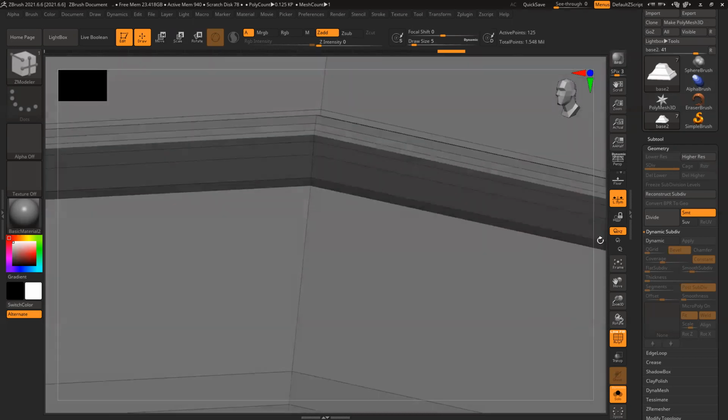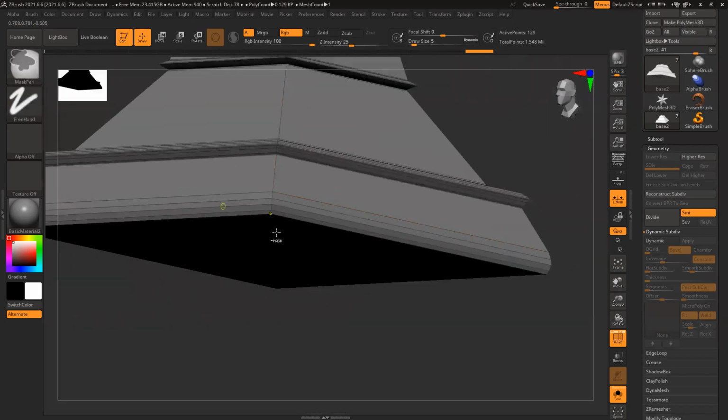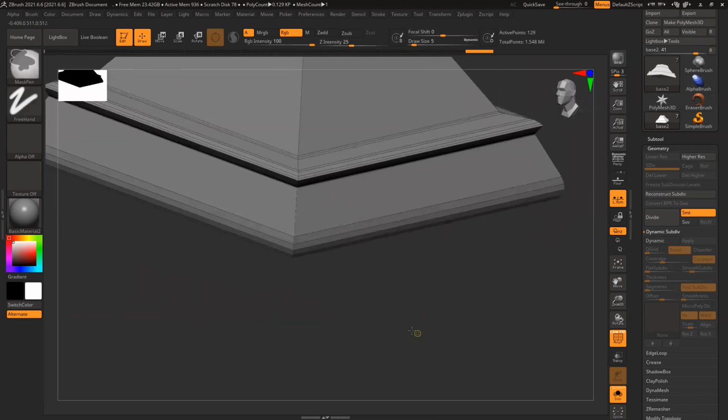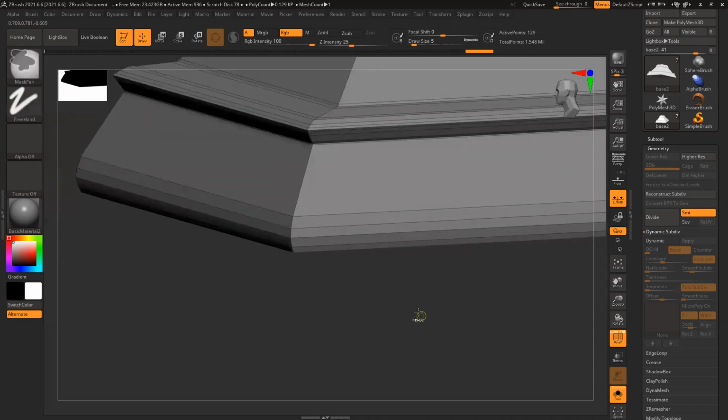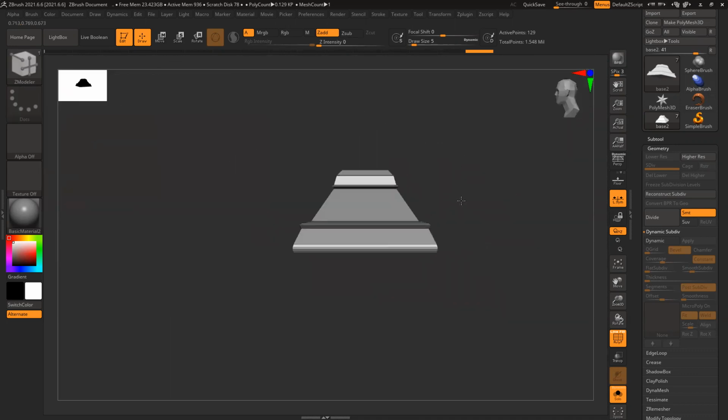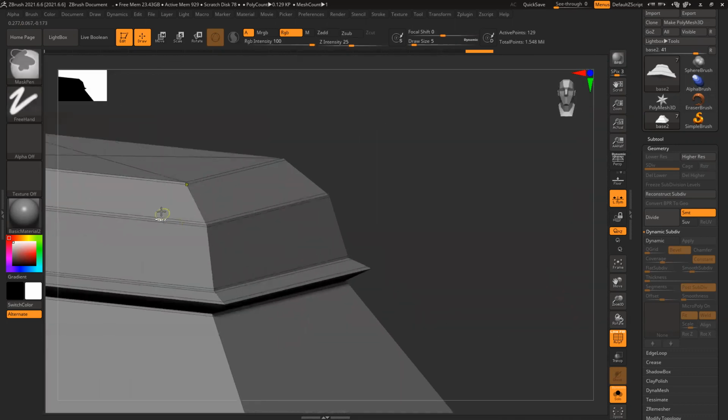In low poly, there is no use for them. So for low poly, do not add these loops. Move, those shapes are there, and now the corners.